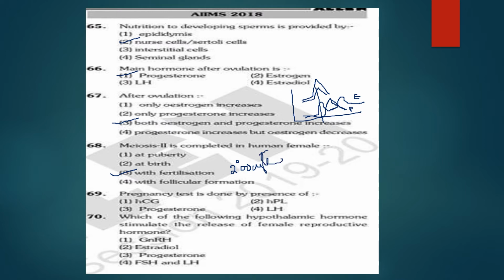Pregnancy test is done by the presence of, how we can confirm this, by increased levels of HCG. Next, which of the following hypothalamic hormones stimulate the release of female reproductive hormones? It is the hypothalamic hormone gonadotropin releasing hormone, which stimulates all other hormones in order to induce the further development. Okay, and next is